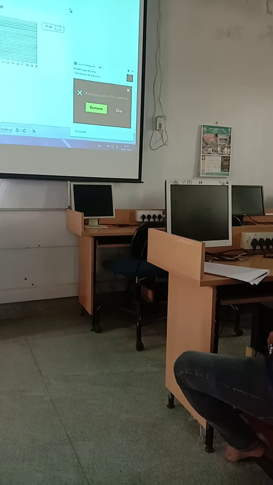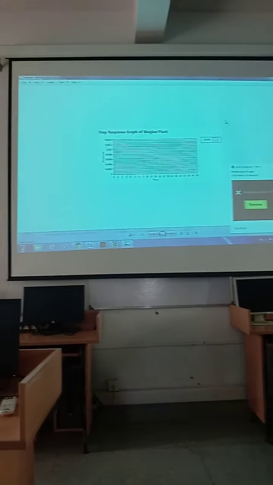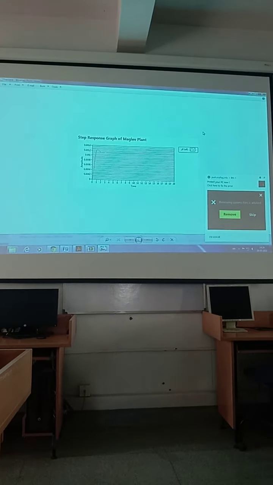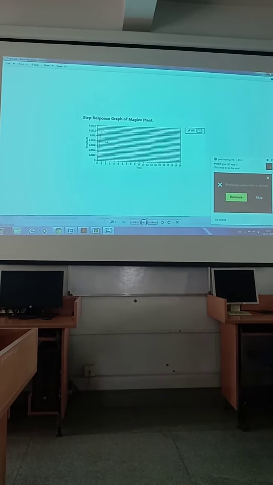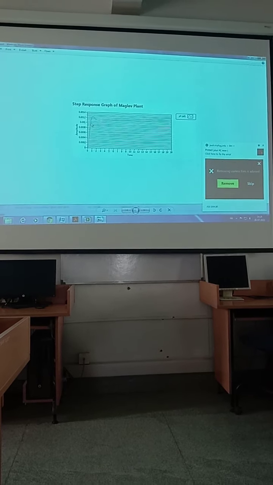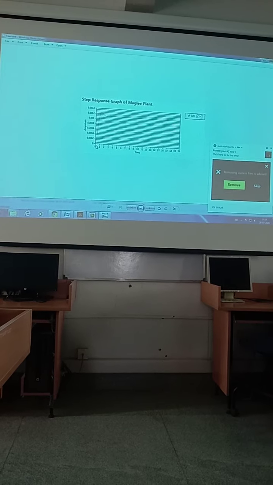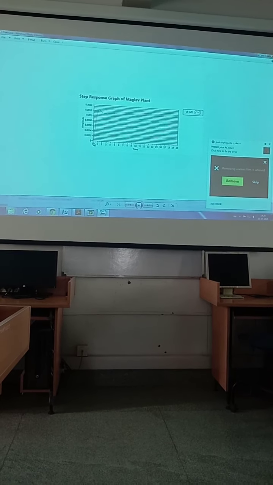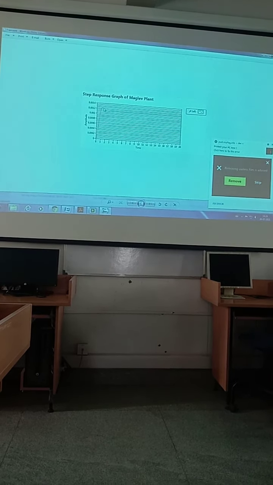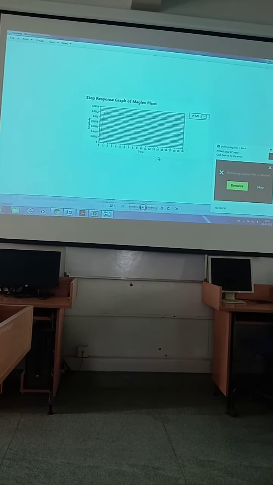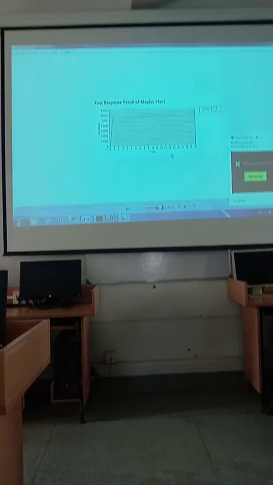After getting that, you can mark what the rise time is and what the settling time is. Graphically you can mark. See, this is the rise time, so take the time on the x-axis and mark it on the scale. Use a pencil and scale to mark the rise time and the settling time. This is a transient thing.